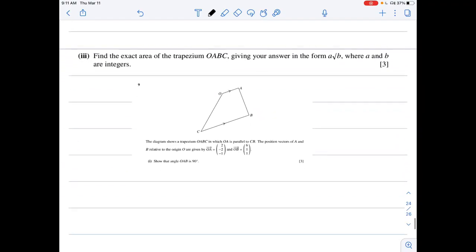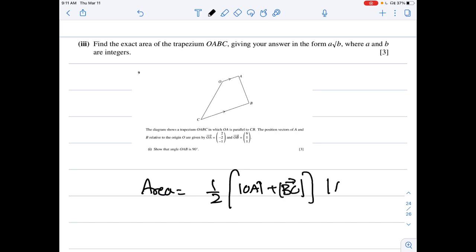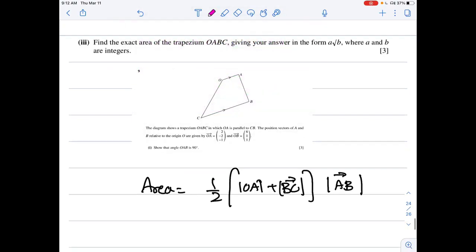Now part 3, find the exact area of the trapezium. I have copied that question to make it easier rather than scrolling up. Find the exact area of the trapezium OABC. So we can see that the area of a trapezium is half times the sum of the parallel sides. What are the parallel sides? OA and BC are the parallel sides, times the modulus of AB, the distance between them. So I have to find the modulus of OA, BC and AB. So first of all, I'll find the modulus of OA